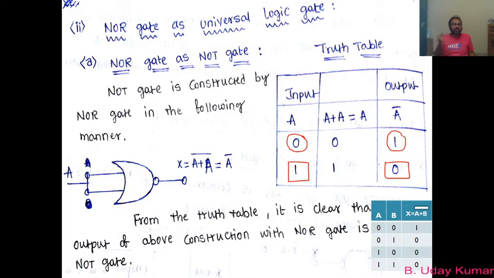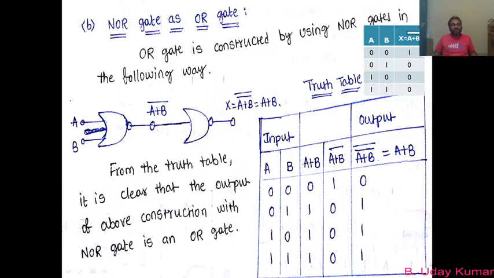Remember, to construct a NOT gate by using a NOR gate, it is not at all difficult. You just have to do one thing, and that is interconnect both A and B. That's all. Those two input terminals have to be made one. That's all. So it automatically acts like a NOT gate. Anyway, let us just move on to our next slide now.